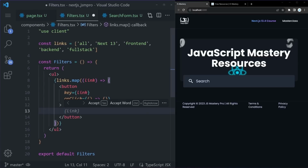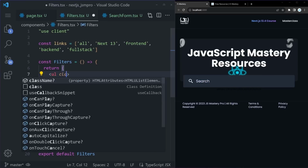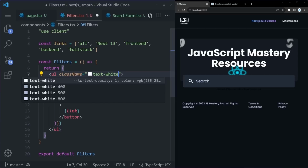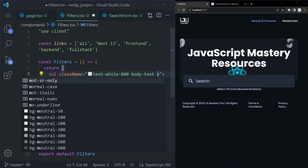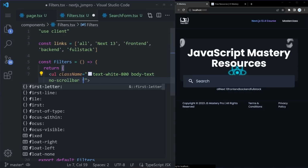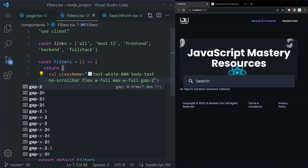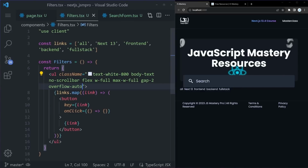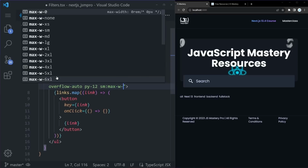And within this button, we can render the contents of the link. So now we should be able to see something. Yep, they're barely noticeable, but we can see them here if I hover over them. So let's give this UL a class name of text-white-800. Let's give them a body text. Let's say no scroll bar. Let's make them flex. Let's give them a full width, a max W full, a gap of 2 to provide some spacing, overflow of auto, padding Y of 12 to provide some spacing, and on small devices, max W of